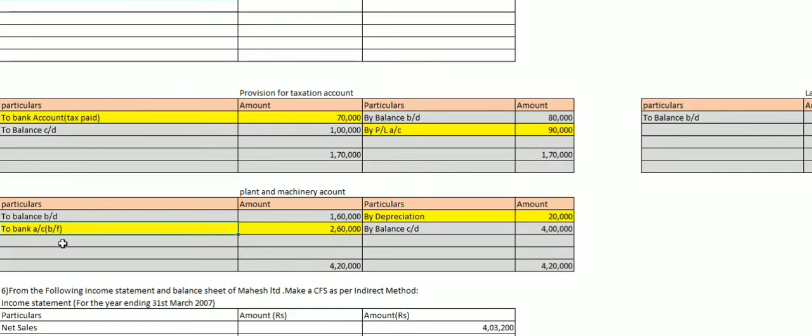So if it is to bank account, cash is moving out of the business. So at that time it is nothing but purchases of plant and machinery, which you will show it in your cash flow statement. Only that affects your cash, that will be shown up in your cash flow statement under different activities. One is your operating activities, financing activities, and investing activities. So this will be shown as purchases. If it is purchases, you will minus it. If it is sales, you will add it.